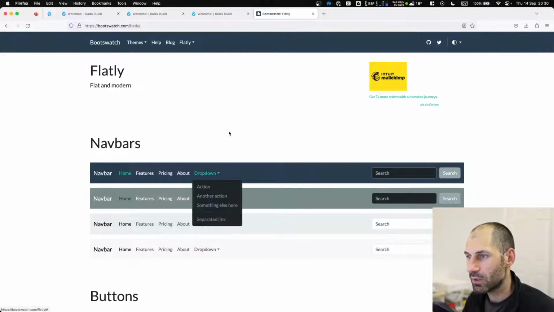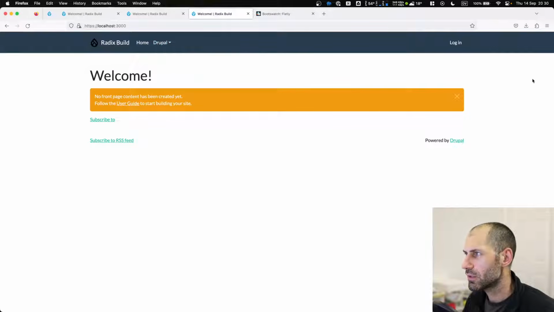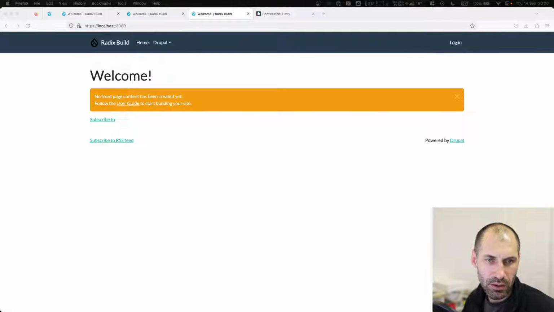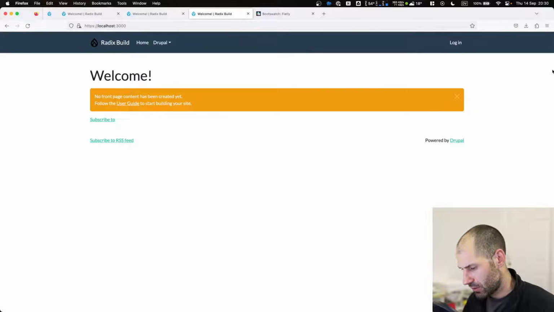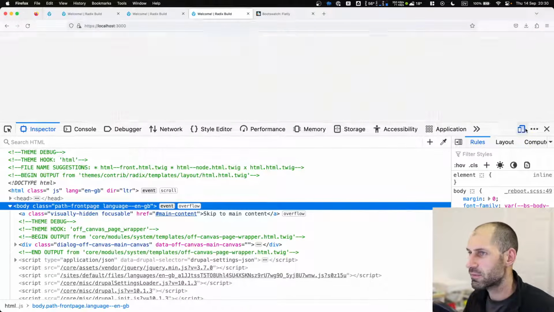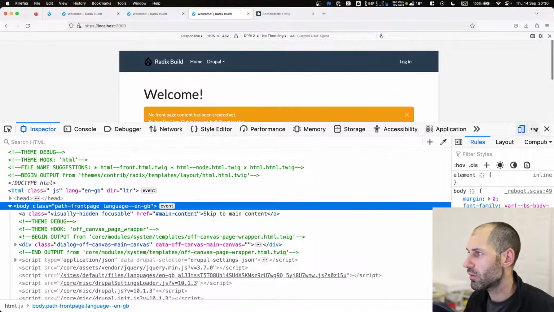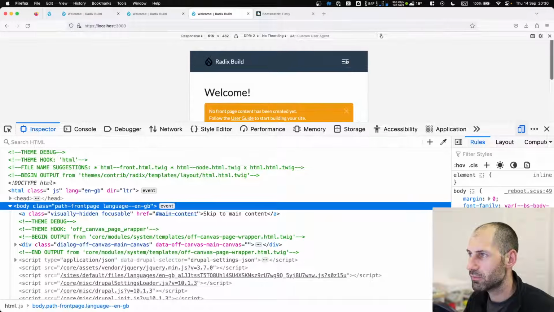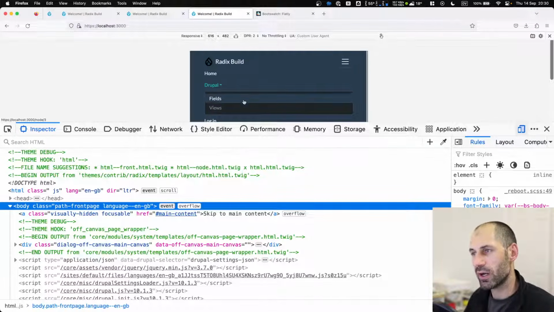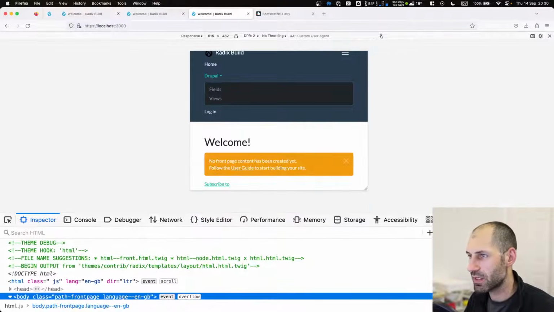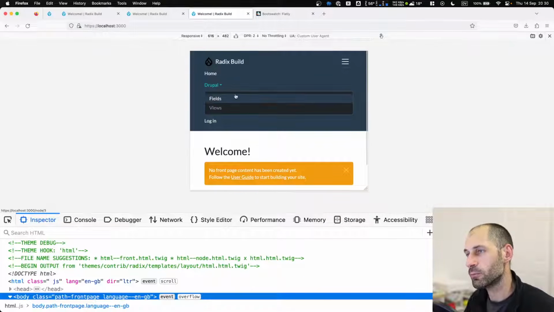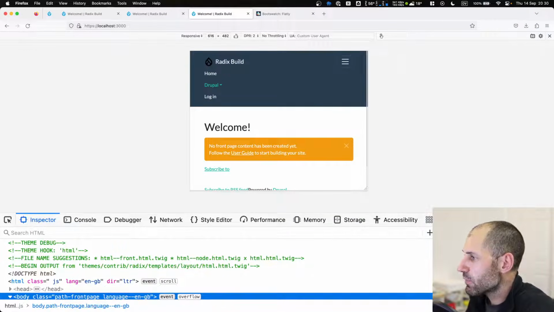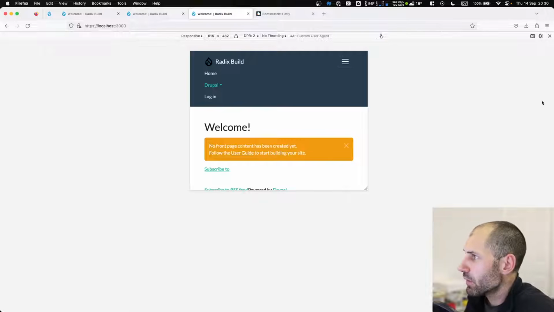And if we need to make sure everything is good, let's just refresh that and resize this. Yep, looking good, looking good. All right, and this drop down is looking correct. All right, cool, perfect. All right, so that is the first part of our build. We have